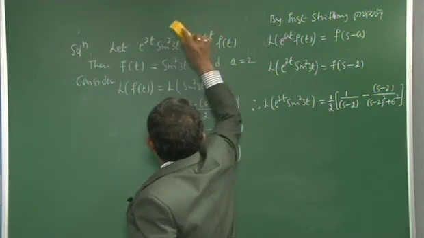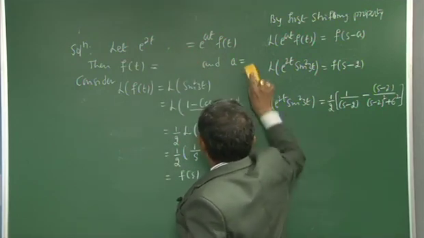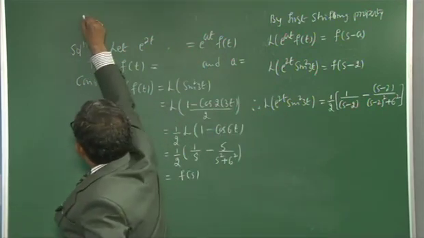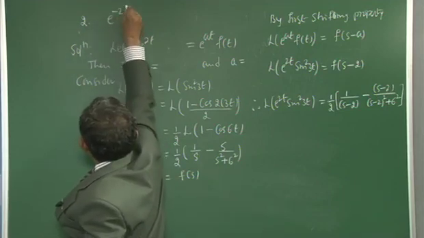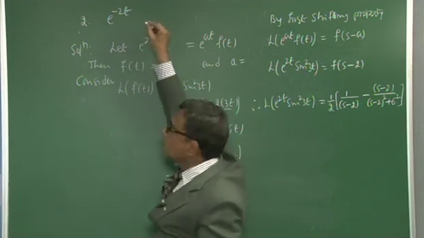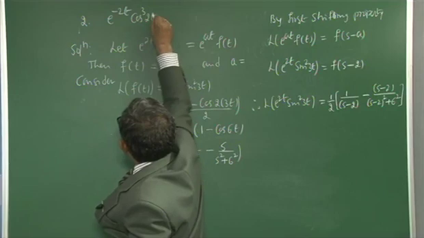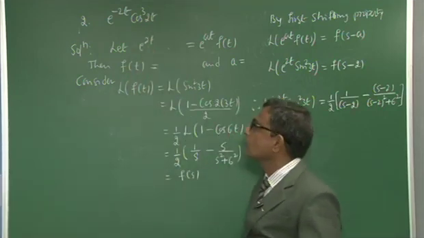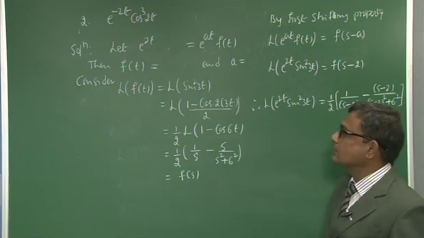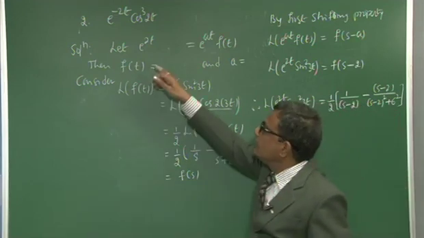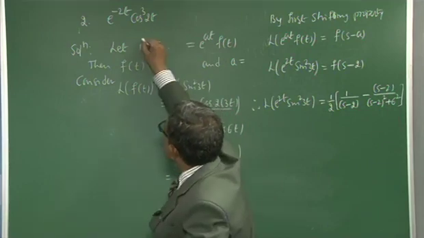Second example. The second one: you have to find the Laplace transform of e raised to minus 2t cos cube 2t. Then how do we find its Laplace transform? Consider e raised to minus 2t